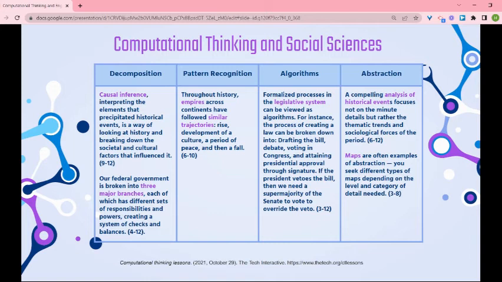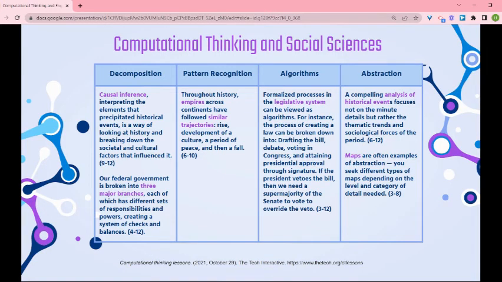Again, specifically in the legislative system, when we're talking about passing bills and laws, there's a very specific procedure that you would go through in order to be able to do that. It could be, what is the procedure on how to vote? There's lots of places that we can find algorithms in our social sciences. And abstraction,